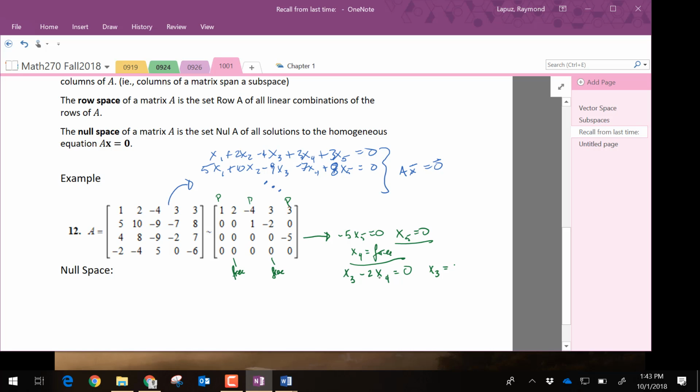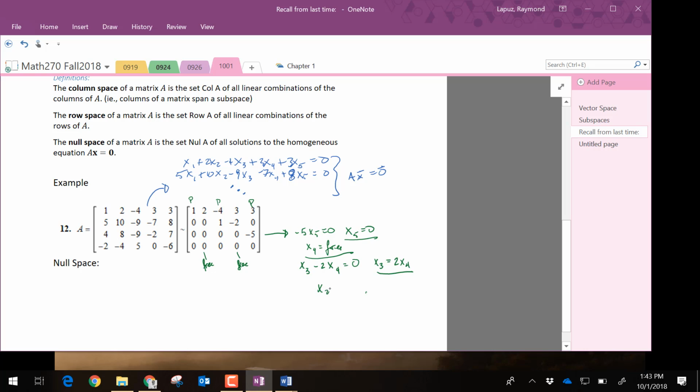Is it 3 or 2? Yeah. x3 equals 2 times x4. Okay, because x4 is free, I'm just going to leave it as that. And then, what? Oh, x2 is free. And then x1